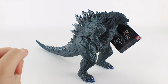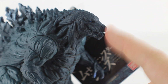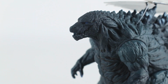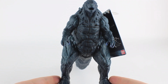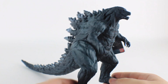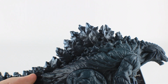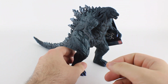The only part of this figure that I feel suffers just a little bit is the face. Don't get me wrong, I like how the face looks. You know, we can see his nostrils, we can see his teeth, we can even see a little bit of his tongue. Maybe it's the smallest nitpick possible, but I do feel there could have been at least a little bit more detail on his face. I say that about the face, but basically every other part of this figure is a detail marvel. His chest, his stomach, his thighs, his arms, his back, his freaking tail. Heck, even on the dorsal plates. This guy is just teeming with detail. Though, like I said, it's the smallest nitpick in the world because the rest of his body is just covered in the detail. So, before we end this video off,